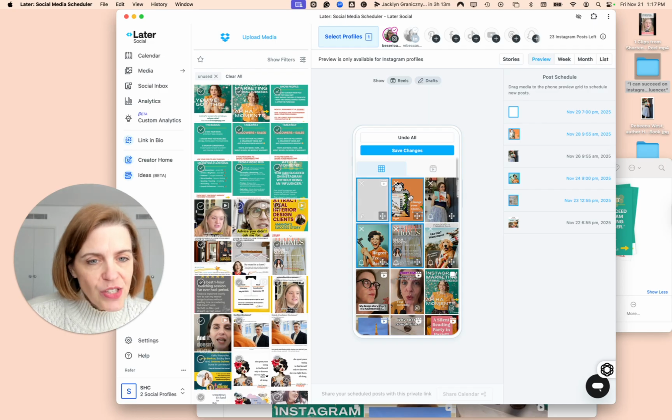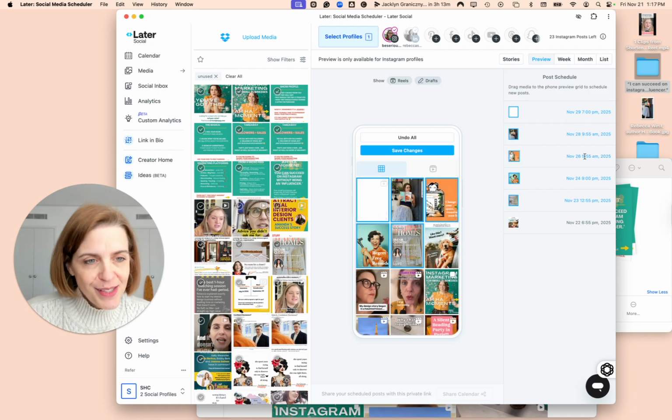This one right now, this orange one, is saying it's going to post November 28 at 9:55, and the photo of me with my book is November 26 at 9:55. If I swap those, it's the same times, same days, just different posts. So that makes it really, really easy to reorganize things. Save your changes